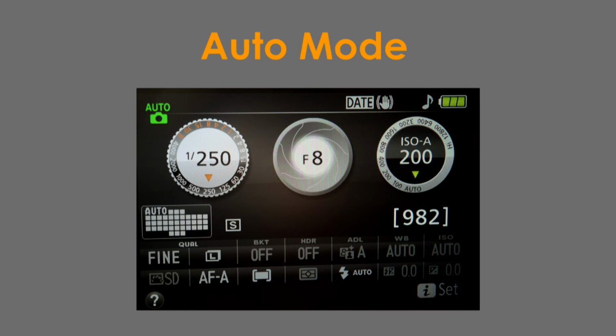Now, there is an auto mode. In auto mode, you can't make any changes. Whatever the camera has chosen, that is what you have to shoot at. There is absolutely no way you could change, whereas you saw in the program mode that if you didn't like this setting, you could go to another setting within the same exposure value, but in the auto mode, everything remains the same. So, that by far is all your shooting modes,